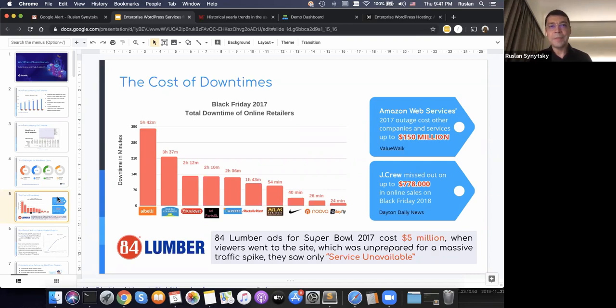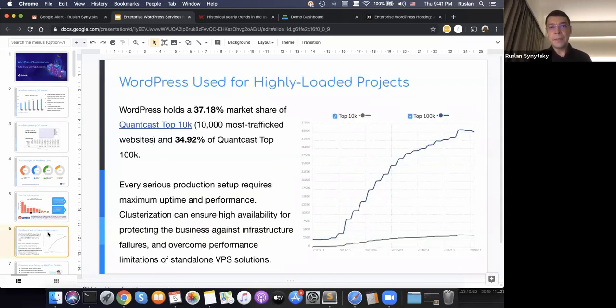And you know, if you face downtimes often, teams become unhappy because it's a huge problem for the company and for end customers. But do companies with highly loaded projects use WordPress? Statistics say yes, they do. We found another interesting statistic that says about 40% of the most loaded, most trafficked websites are using WordPress today. It's again a big number, and I'm very happy that WordPress got such big popularity.